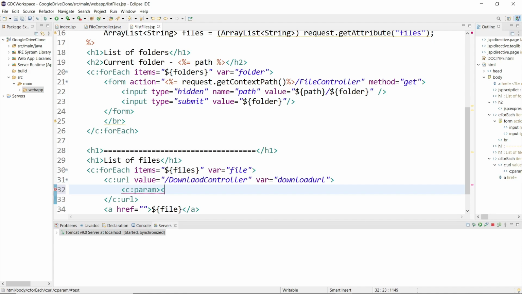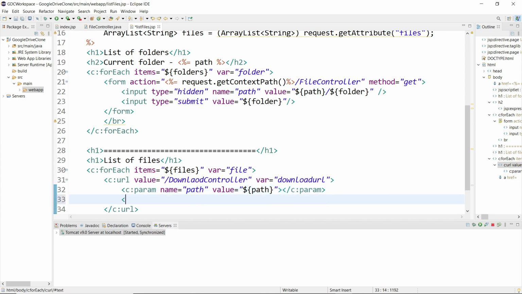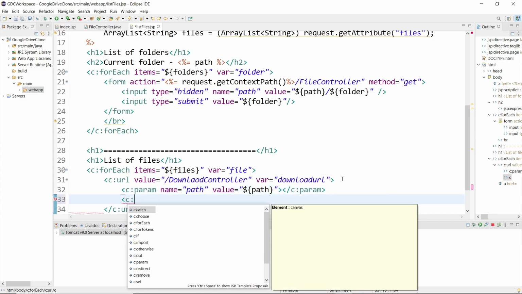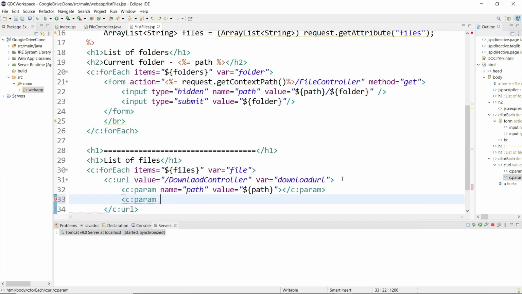For that we put the name of the parameter and then assign a value to it. This will be path only. Next we will send the file that we need to download.